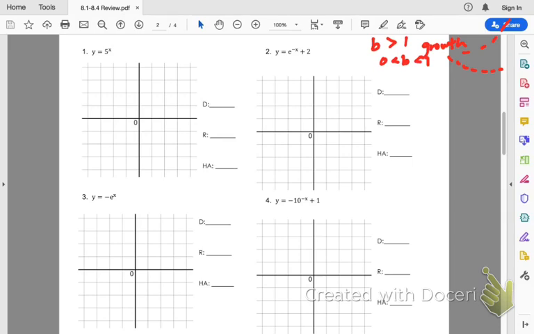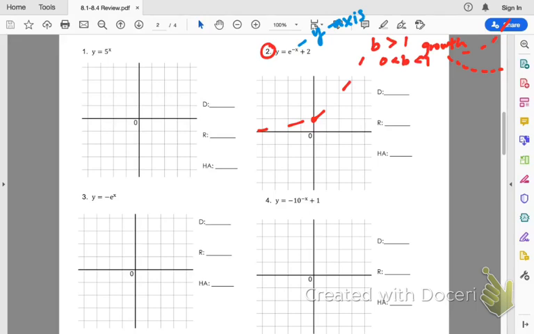So I see two of them that have a negative x, and that's something that we struggled with before, so I'm going to do number 2 with you guys. And it's an e. Remember, e is the same thing as 2.7, so we treat the original just like this. It's still a growth, it's going up, it's bigger than 1. Then I'm going to look at the transformations. This negative x means that it flips the y-axis,